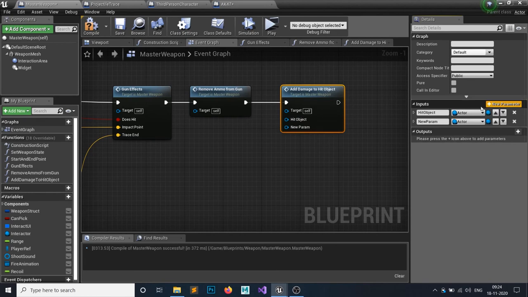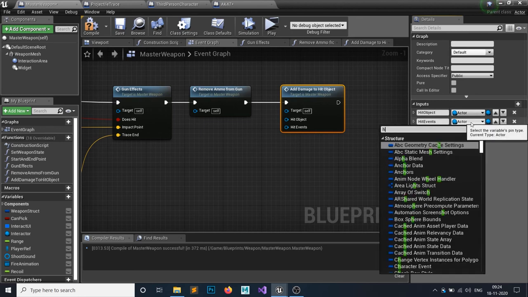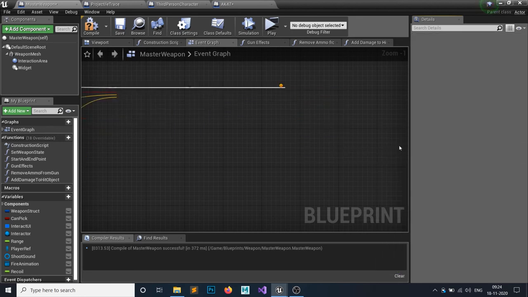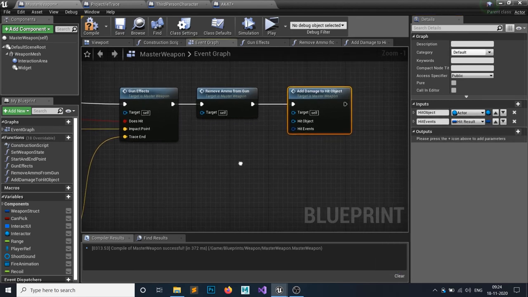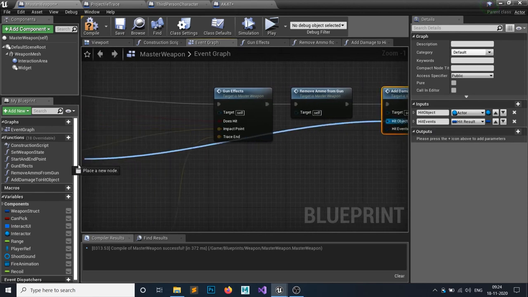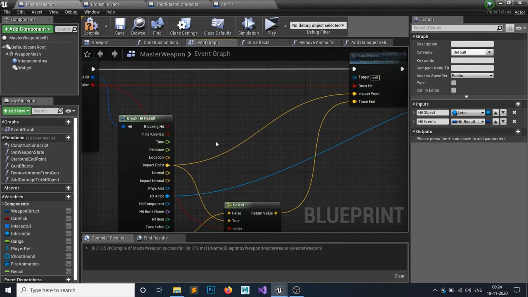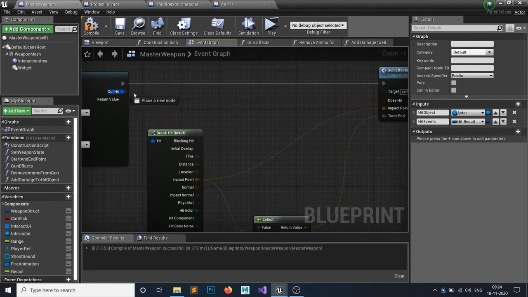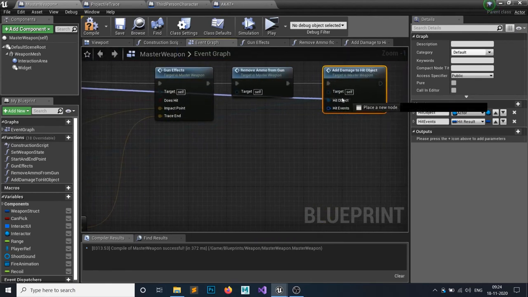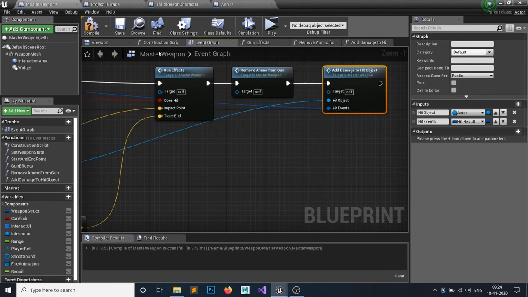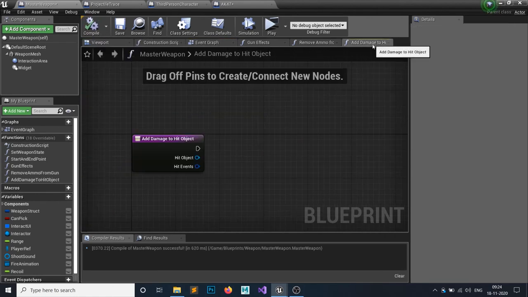And I also need the hit events. So this would be type of a hit result, right? So the hit object would go to this guy, the breaking hit actor, and hit would go to the out hit in here. Okay, so let's just call out that function.